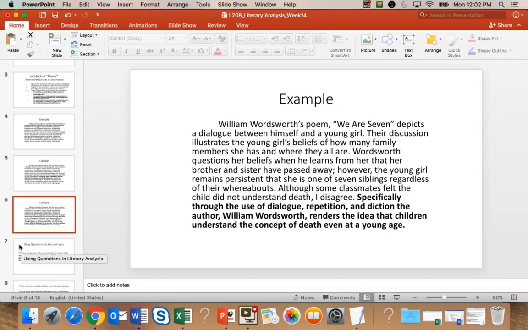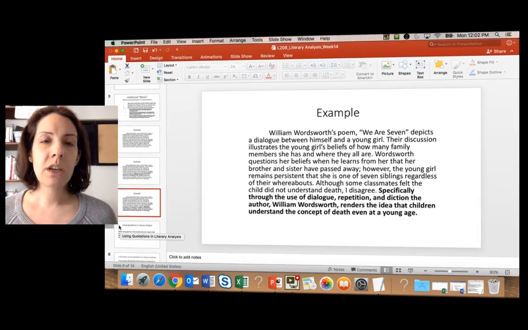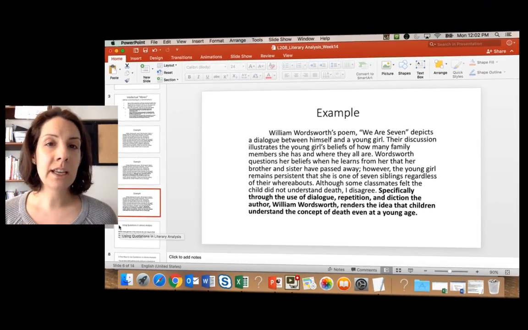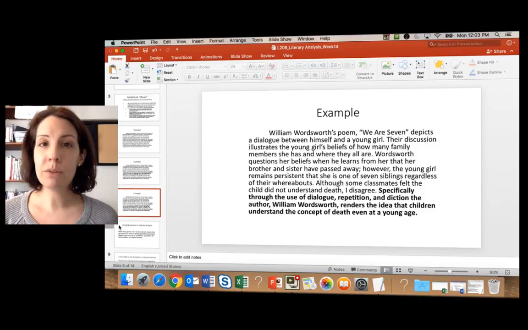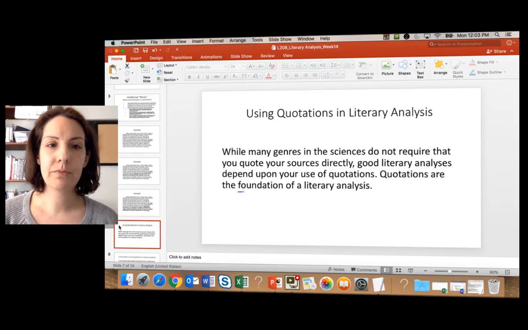In our discussion boards, when you bring up a quote and explain how you think it supports your position, that is a kind of literary analysis. For this paper, we're definitely going to be doing that kind of literary analysis, and we're going to be, in some sense, doubling down on that. That is, we're really going to be examining the way in which the constituent features of the text enable the text to say the things that it wants to say.